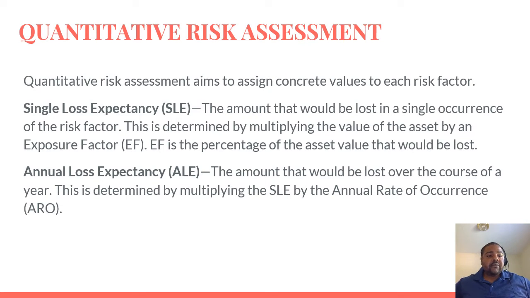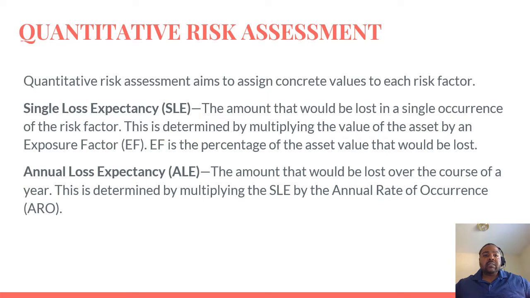So on page 586, we're going to talk about the two methods that are used to assess likelihood and risk, which are quantitative and qualitative. The easiest way that I remember to tell these two apart is that quantitative deals with more numbers and factors involved. So, the price of something, the amount that it's actually going to cost,